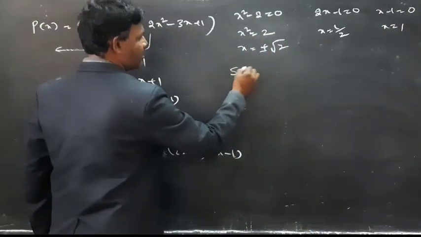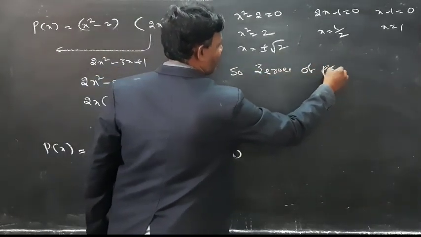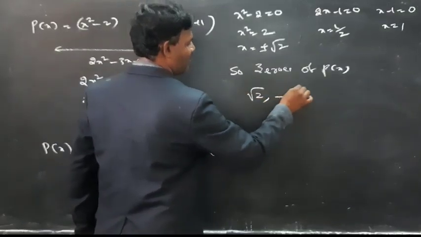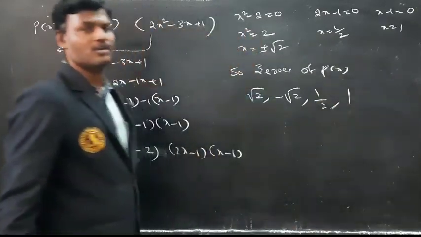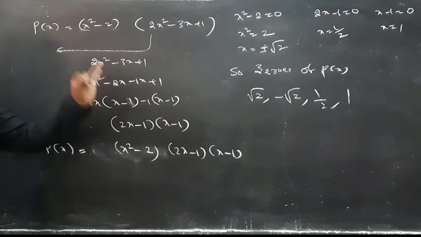So finally, zeros of p of x. First one is root 2. Second, minus root 2. Third, 1 by 2. Fourth one, 1. So finally the zeros of p of x are root 2, minus root 2, 1 by 2